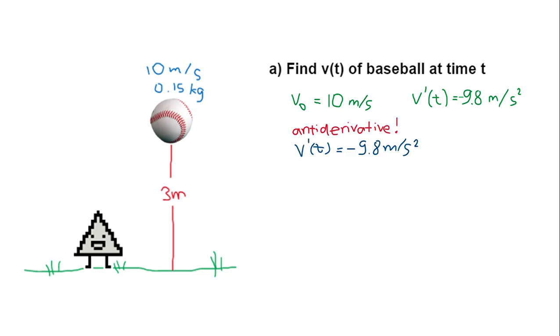First step is to find the antiderivative. The antiderivative is when we try to find the original function from a derived function. So basically it's working in reverse. So we know that the derived function is minus 9.8, which equals 1 times minus 9.8 times t to the power of 0. And working in reverse, we add 1 to the exponent and remove the coefficient, which is 1, and we get v of t equals minus 9.8 times t to the power of 1, we just don't write the 1 here,